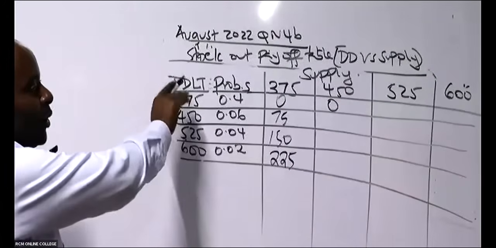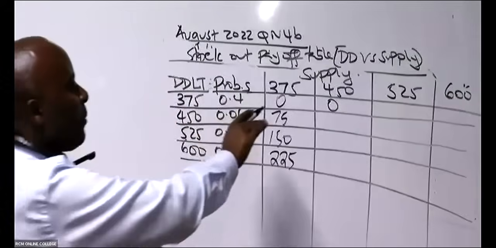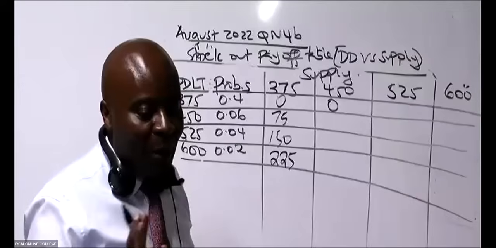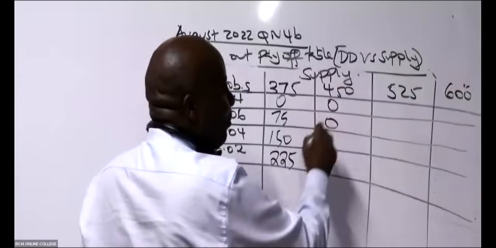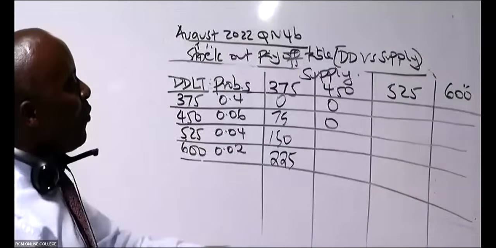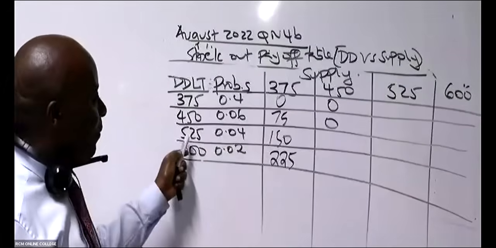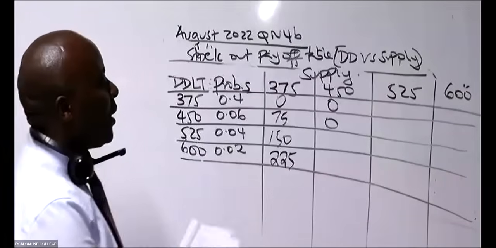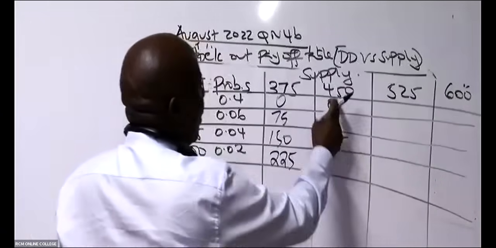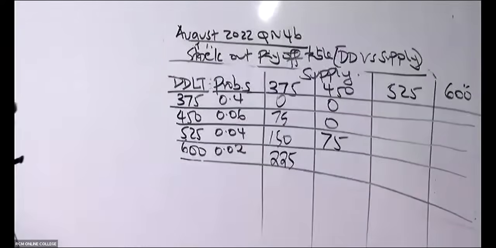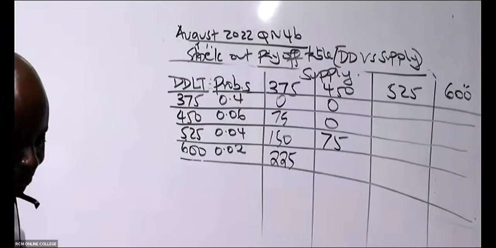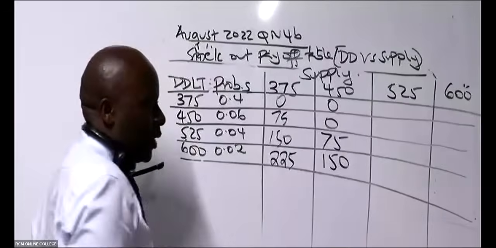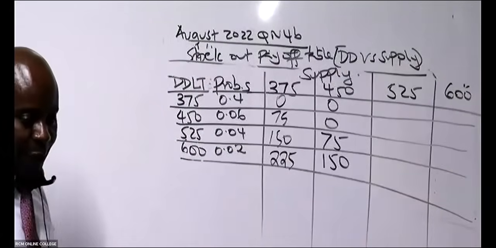So remember, this is about stock outs. If I supply for 450 and they come for 450, that is the perfect scenario for me. I will be able to serve everybody. I disappoint none. But if I supply for 450 and then they come 525, they will really ambush me. Then in this case here, I will disappoint 75. For 450 versus 600, I will end up disappointing how many? 150. I will end up disappointing 150.